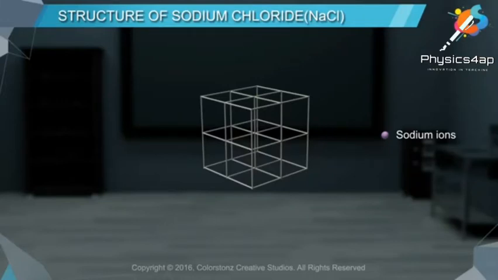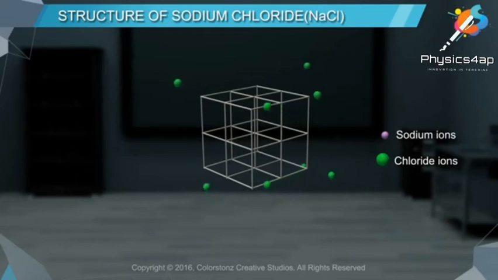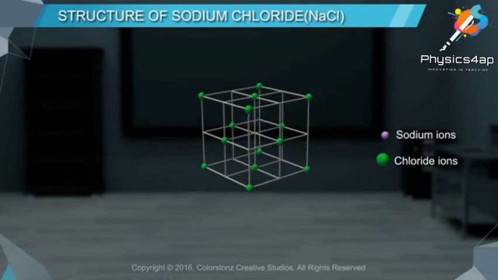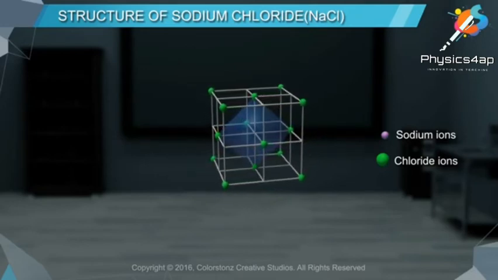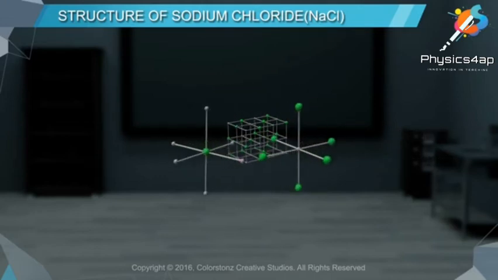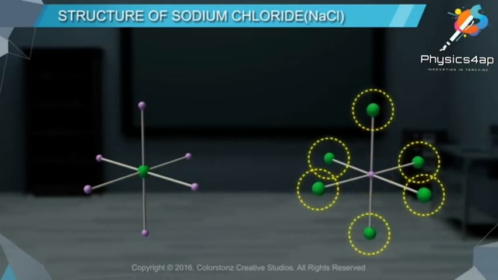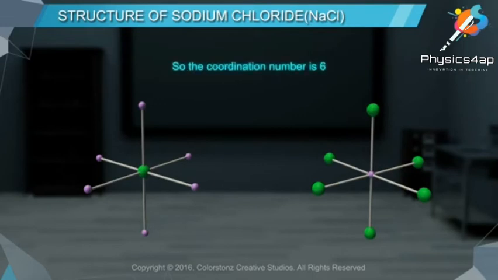Here we have the structure of sodium chloride. Here we have sodium ions and chloride ions, and the sodium chloride crystal is the face-centered cubic close-packed structure, which we call it. The chloride ions are arranged at the corners and also the face centers of the cube, and the sodium ions are arranged in the middle of the edges. The chloride ions are a little bit bigger when compared to the sodium ions, due to its structure. Now when we extend the NaCl structure, the chloride ion is arranged with 6 Na+, and the Na+ is arranged with 6 Cl-, and this is what we call the coordination number of 6 over here.